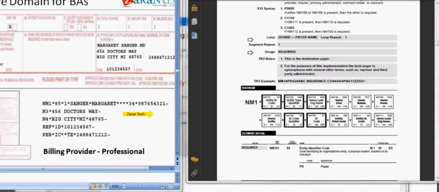Okay, all right. So this document I will post in the blog, so you can really correlate and see each and every example here. For example, this is NM1, right? And similarly, you can see the entry. So let us go down and